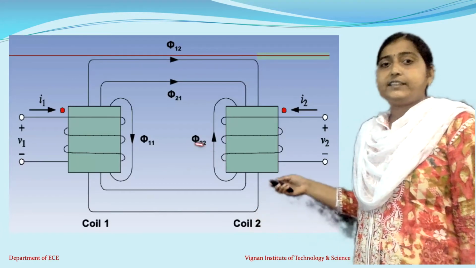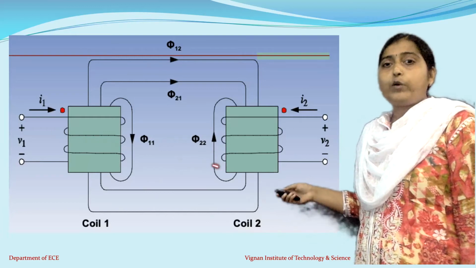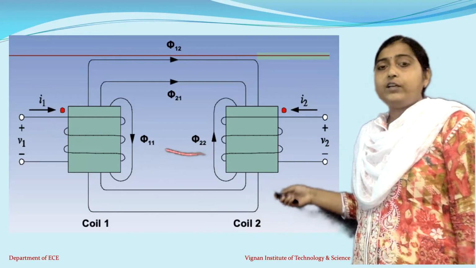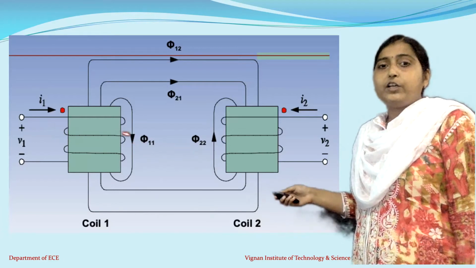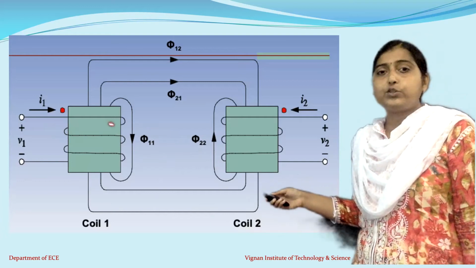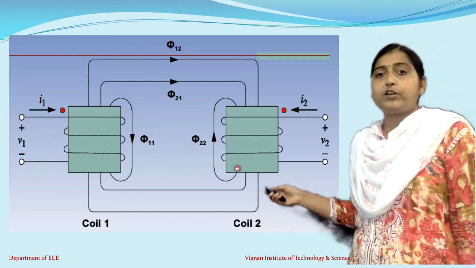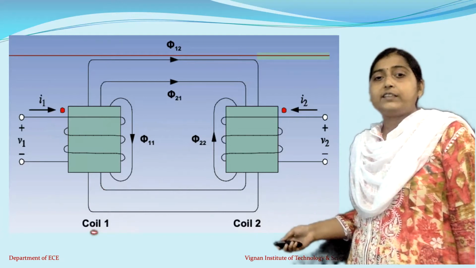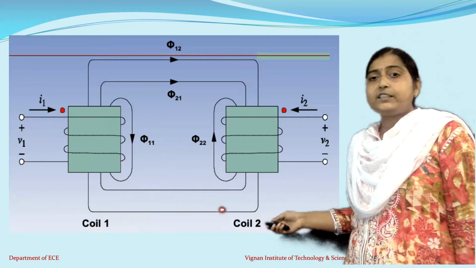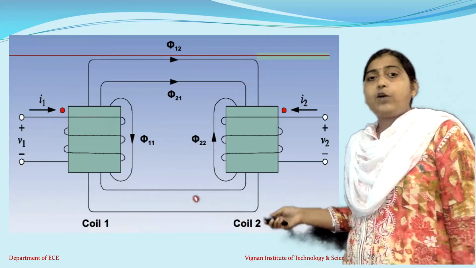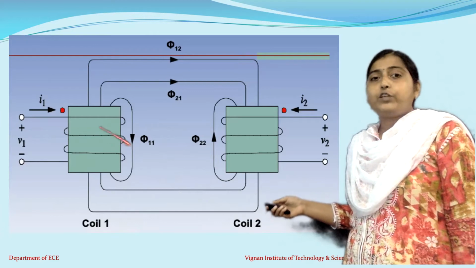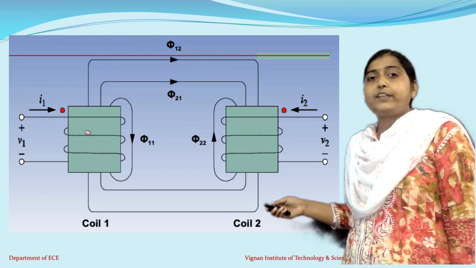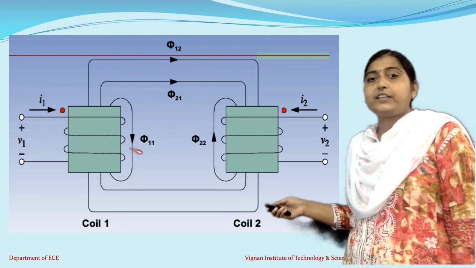So let us consider the example. There are two coils here. This is the first coil, and this is the second coil, which are magnetically coupled. Now here, all the notation should be very clearly understood in order to understand the magnetically coupled circuit. The first inductor I am considering as coil 1, the second inductance we consider as coil 2. Now let us consider the current flowing through this first coil is represented with I1. This will induce some flux in the first coil which is represented as phi 1 1.